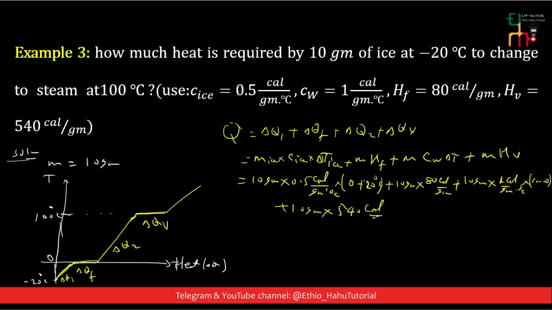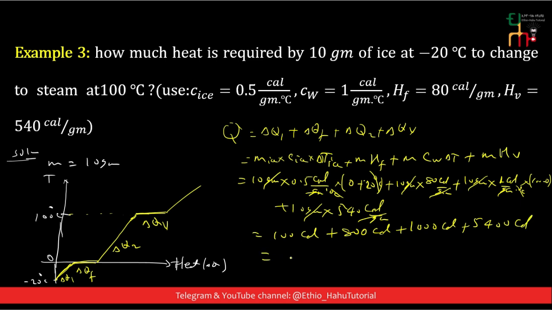540 calorie per gram. Here gram goes with gram, degree Celsius goes with degree Celsius. 10 times 0.5 is 5, 5 times 20 is 100 calorie, plus 10 times 80, 800 calorie, plus 100 times 10, 1000 calorie, plus 10 times 540, 5400 calories, and this is equal to